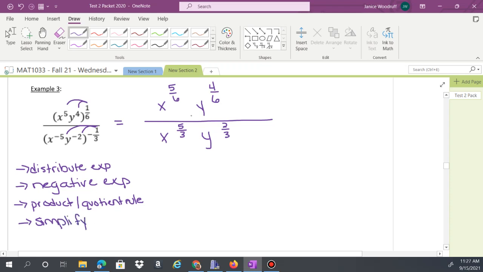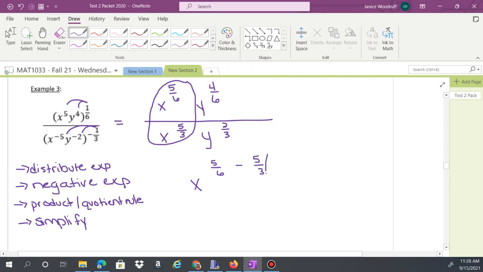Okay, so let's go ahead and start with the x's. They're being divided. So what do I want to do with them? Subtract. All right, so this is x to the 5/6 minus 5/3. So I need a common denominator, which would be